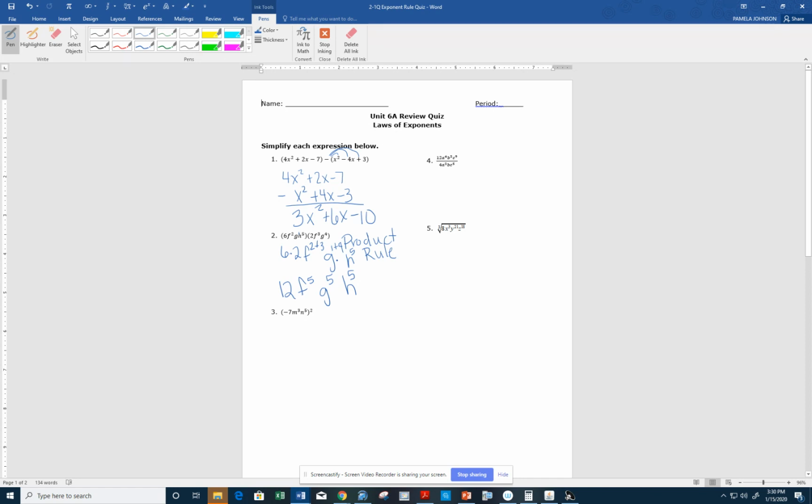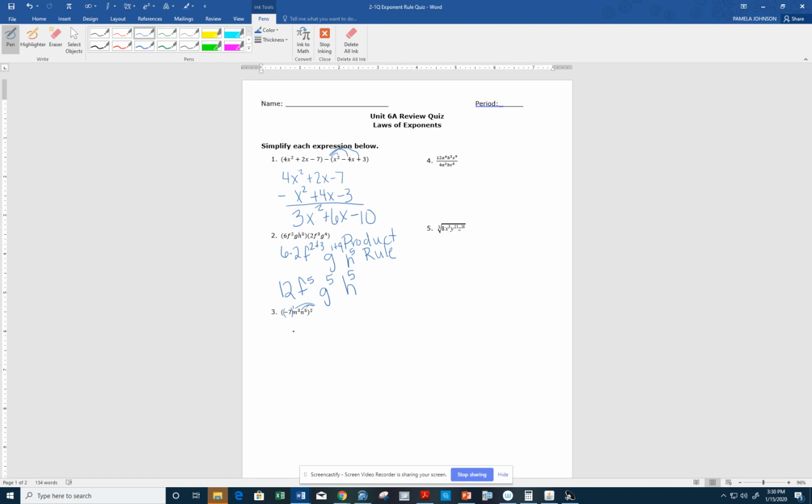Number 3 is a power rule. So with the power rule, we're going to distribute this power to all the powers on the inside. And remember, this negative 7 has a power of 1. So we're going to distribute that 2 to all those powers as well. All right. So when we do that,